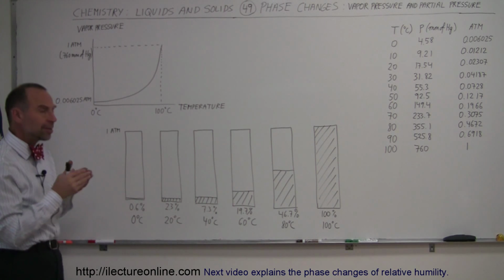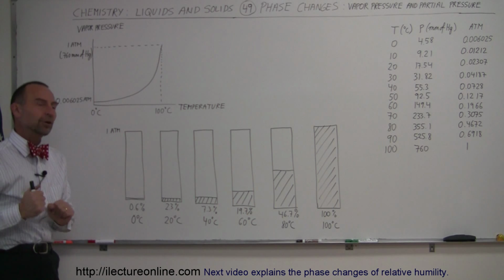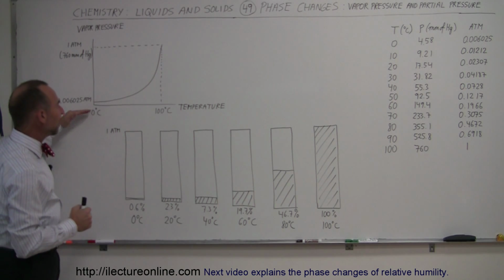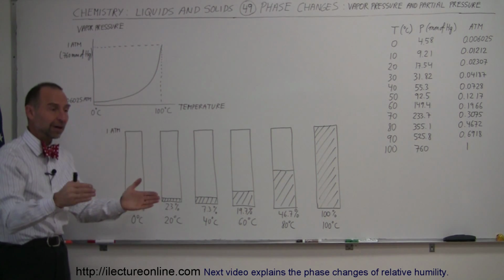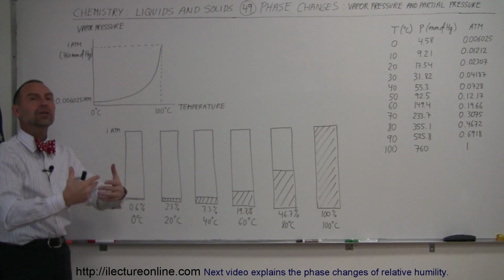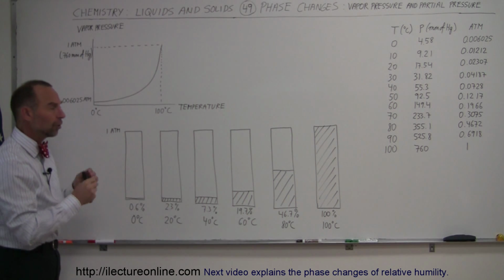So it turns out that the amount of vapor pressure, the partial pressure of the total atmospheric pressure, is equal to the vapor pressure that would exist if you were to place a container in an enclosed environment and allow it to evaporate until dynamic equilibrium is obtained. So that vapor pressure